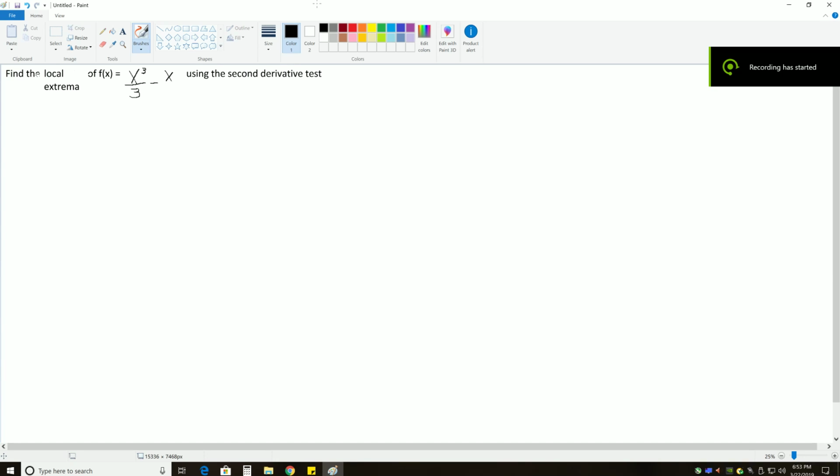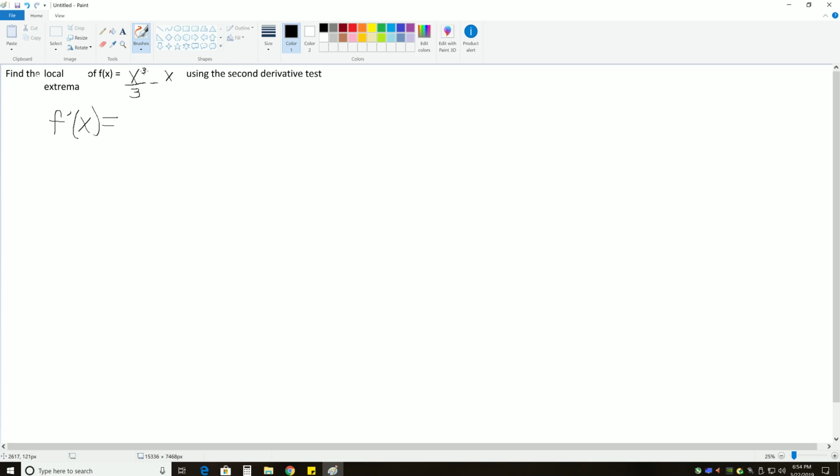So in this problem, we're going to be finding the local extrema of f of x equals x cubed over 3 minus x using the second derivative test. When we're doing the second derivative test, our first step is to find the first and second derivative of the function. So we'll start with f prime of x,